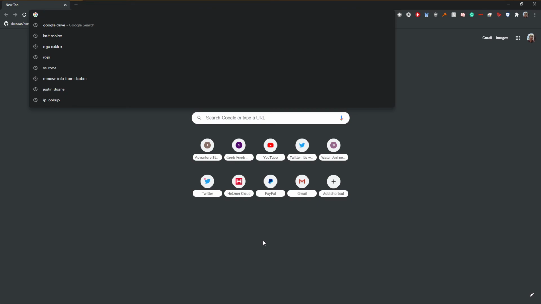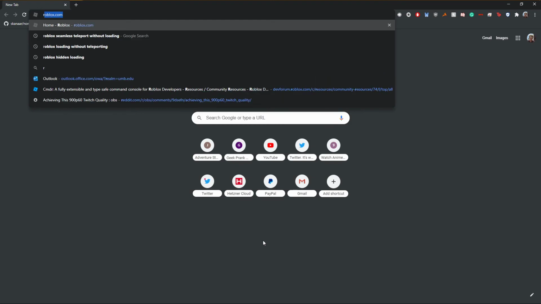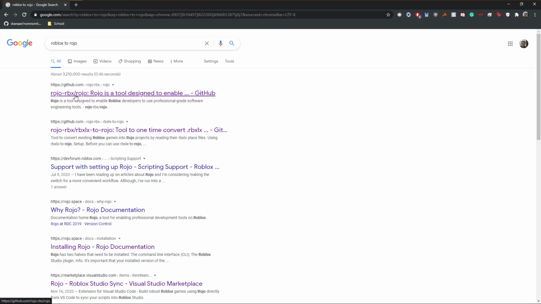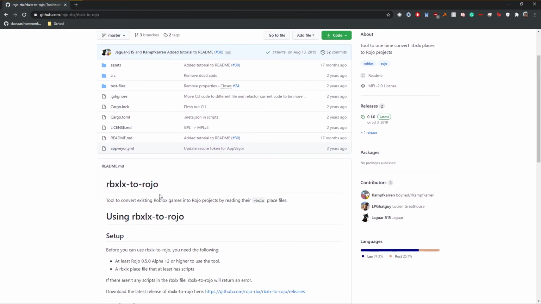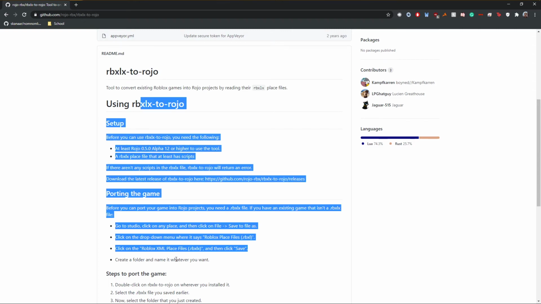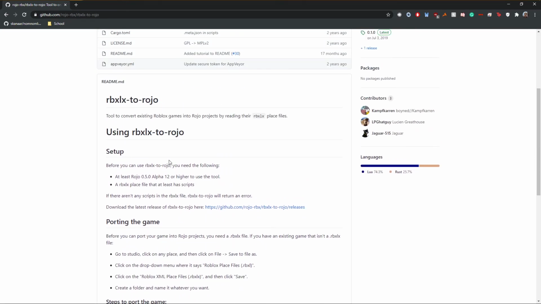So what do you need for this? If you just type in, I think it's Roblox to Rojo. Here it is. Nope, second one. Here it is. Roblox RBXLX to Rojo, right? And it tells you how to do it, and you need at least Rojo 0.5 or greater, and a file that has scripts. So what you do is you install the program by clicking this link to the releases,